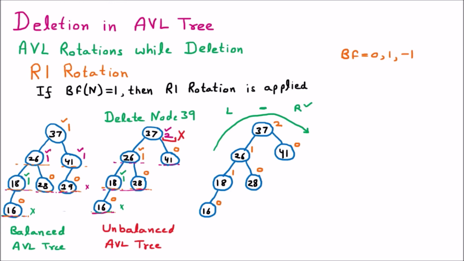So we can write: apply rotation R. But which R rotation? Because we know that in R there are multiple rotations like R0, R1 and R minus 1. So to find out, we have to go with the trick. We know that first of all we have to combine the extreme two together. So here the extreme two nodes are combined together. Afterward, again on that level we have to find two extreme nodes. So they are again together.